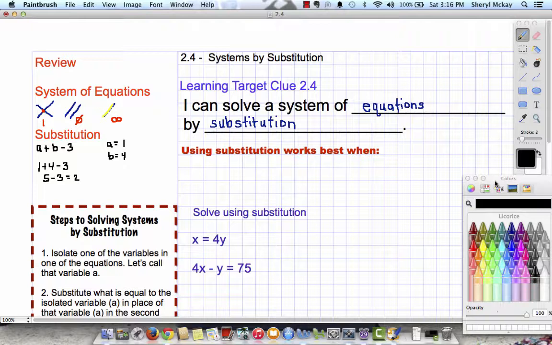because you have to be so careful when you graph two lines. You have to make sure that you're graphing accurately, you're drawing your lines perfectly, and then you're looking for where those two lines cross. And that's just a little tricky, especially if they don't cross right on an exact integer point, right? If it's some fraction, then it gets really crazy. So graphing doesn't always work that well, and it's just a lot of extra work. So here's another way, substitution. But substitution works best when you can easily isolate one variable. So go ahead and write this down: when at least one of the equations has one variable